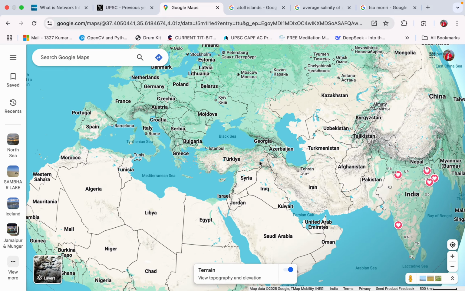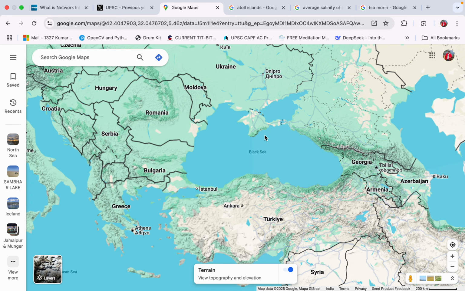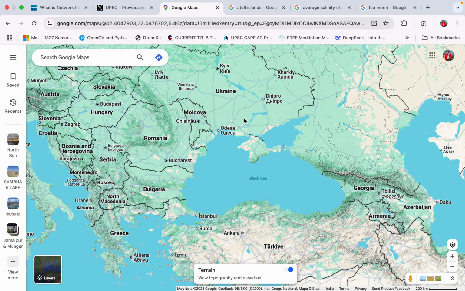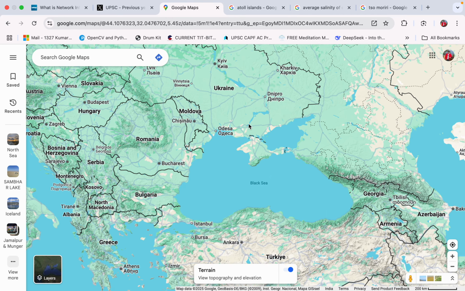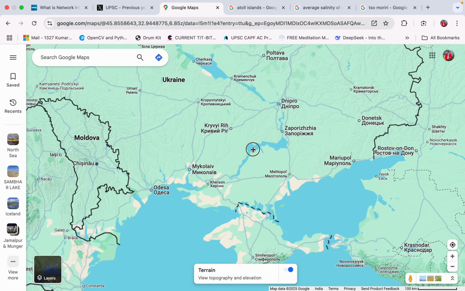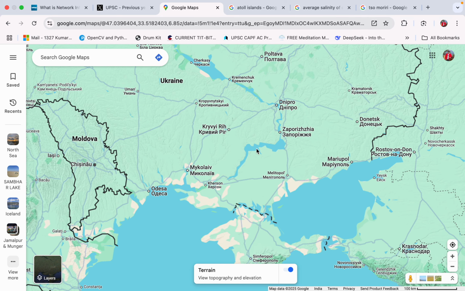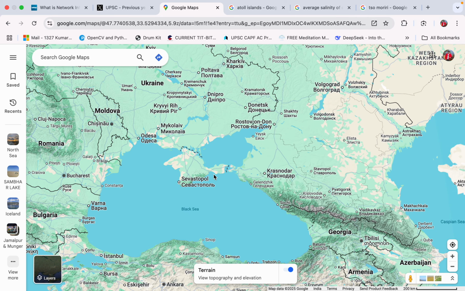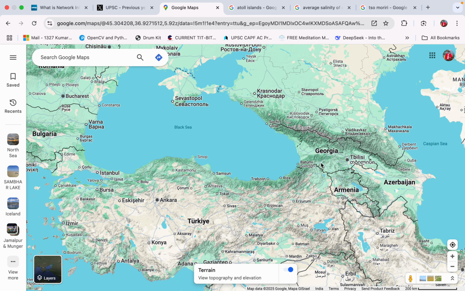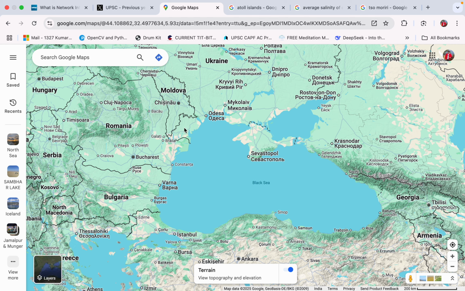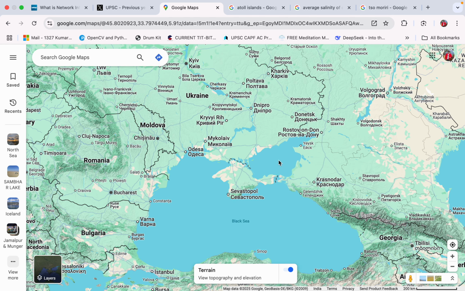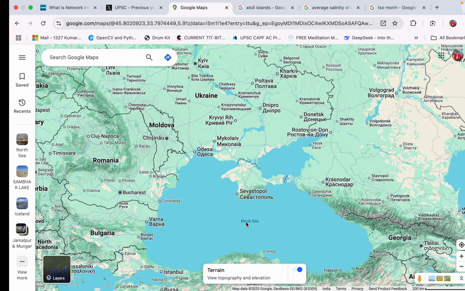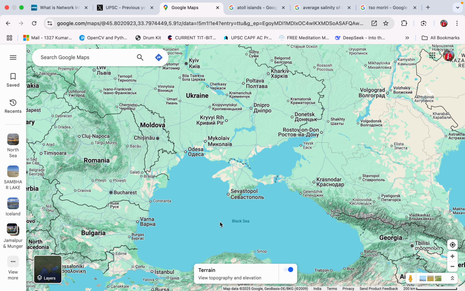So this is the Black Sea, fed by various rivers, for example the Dnipro River that has been in the news during the Russia-Ukraine war, Zaporizhia. This river influxes water here. Various rivers also bring water from Turkey, from these hills, and also from Romania and Bulgaria. Because of this high influx,